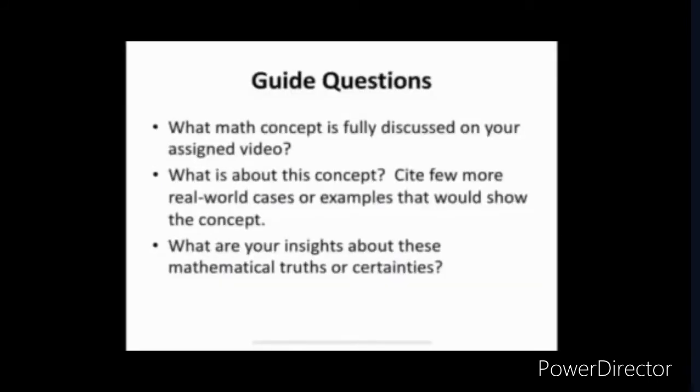Question number 3. What are your insights about these mathematical truths or certainties? Truth. The kind of truth you get in math is a rather low level of truth. Tautological truth. Physicists use math as a tool to whatever extent they are able to put truth in the beginning. Math allows one to derive consistent results. The choice of what math to use has to be part of the input, an empirical choice.